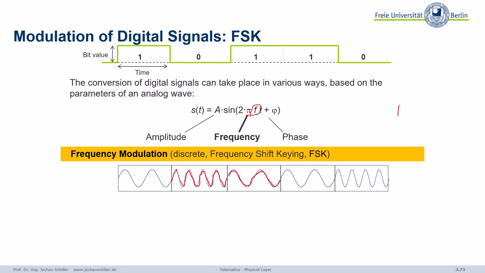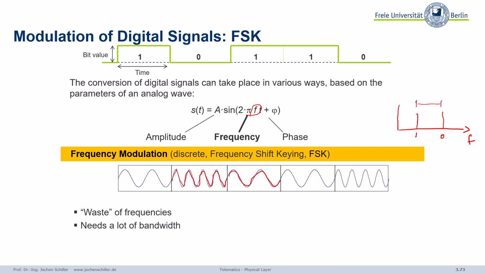If we show this in the frequency domain, we code in this example the 0 as a higher frequency and the 1 as a lower frequency. This requires more bandwidth, because we learned, depending on how we do this, that's our bandwidth we need. This wastes frequency, needs a lot of bandwidth,